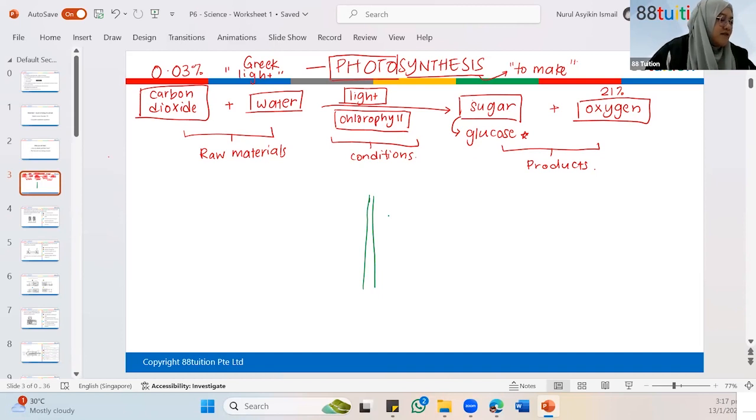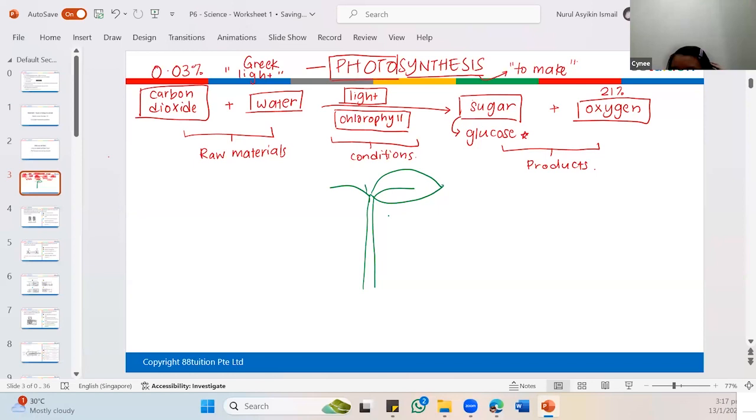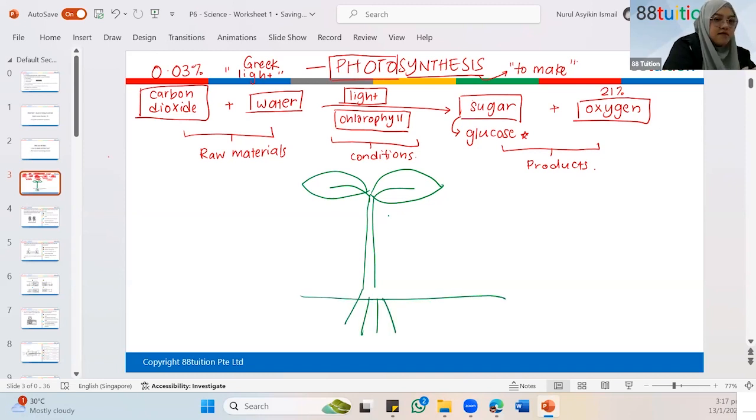Yes. Okay, Sin E, what are the parts of a plant that you learned in P4? Do you remember? The leaves. You have leaves, some more? Okay, you say leaf, I'll draw leaf. What else? The stem. I draw my stem, okay. What else? The roots. And the roots. Any other parts? It can also be a fruit or a flower. Fruit or flower are also considered to be parts of a plant.